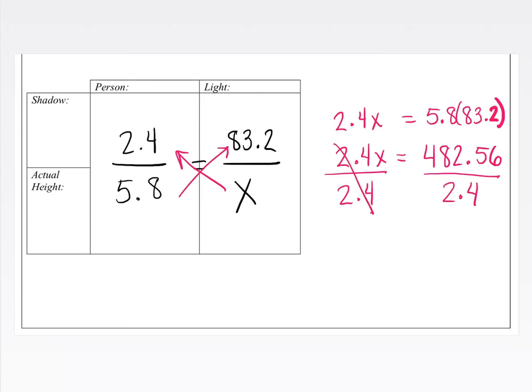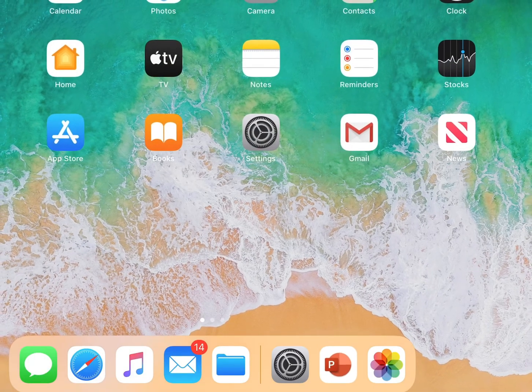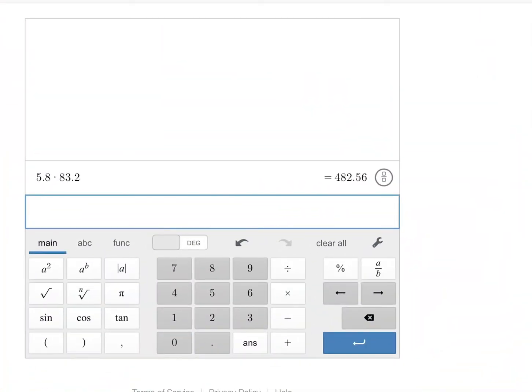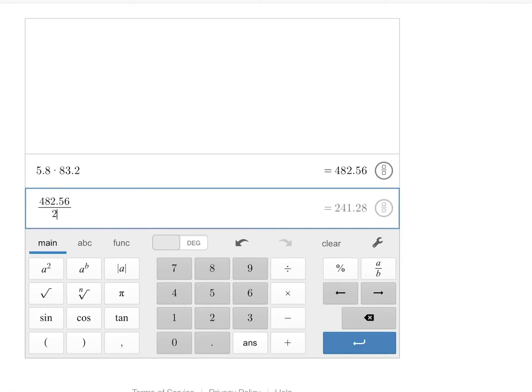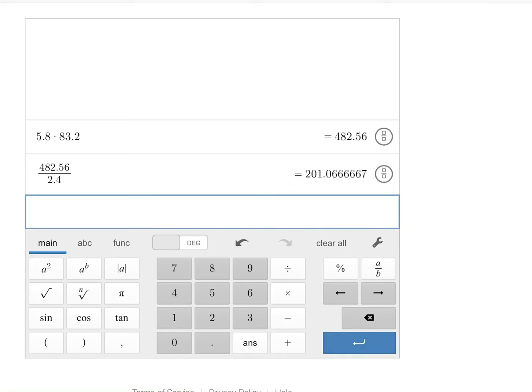On the left-hand side, 2.4 divided by 2.4 reduces to 1, so we're just going to have 1x left over. And then 482.56 divided by 2.4. Let's head on over to Desmos. 482.56 divided by 2.4 gives us